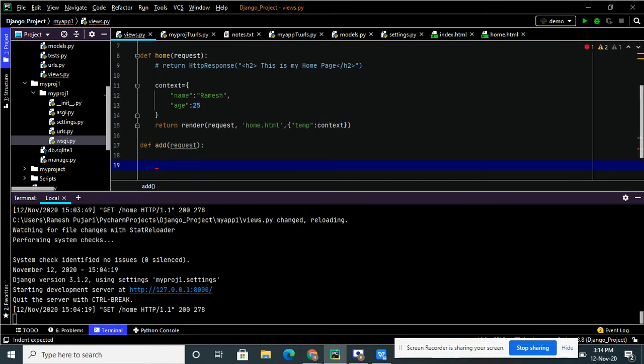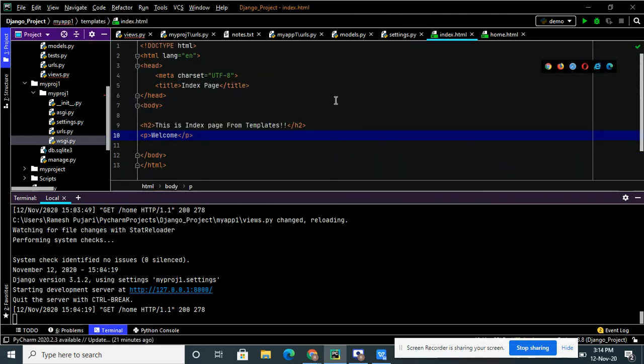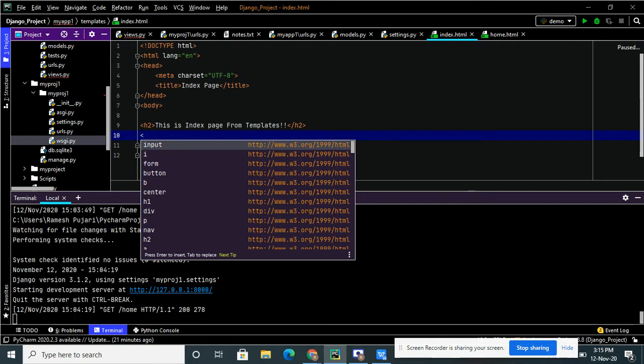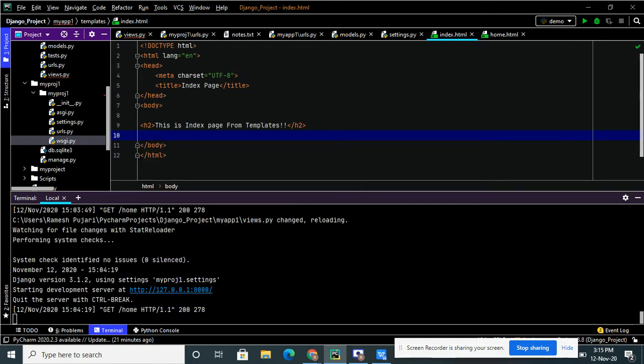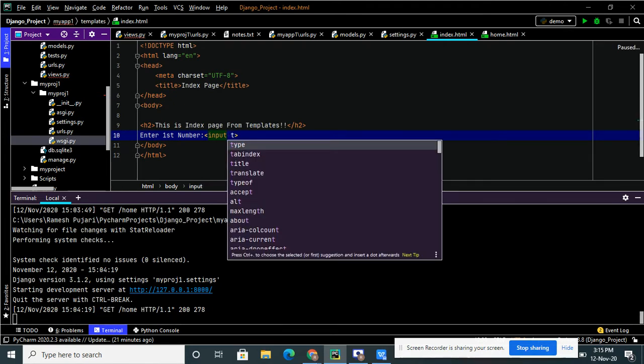Before that, I will take the input from the HTML page. In the index page I will take input from the user. I will ask the user for input to add two numbers. So I will take: enter first number, and the input type is equal to text.